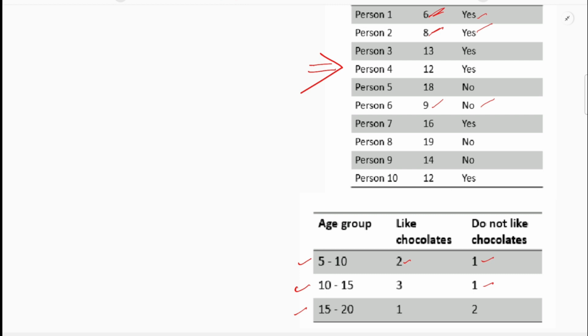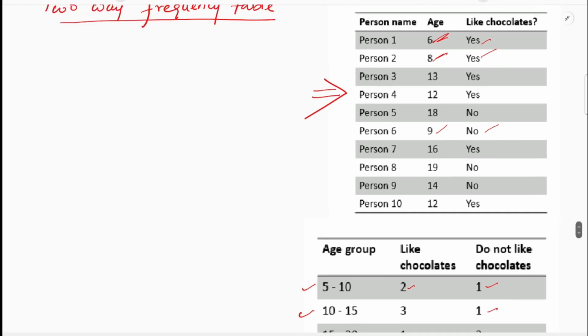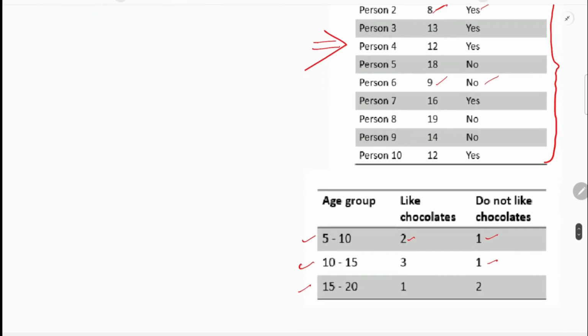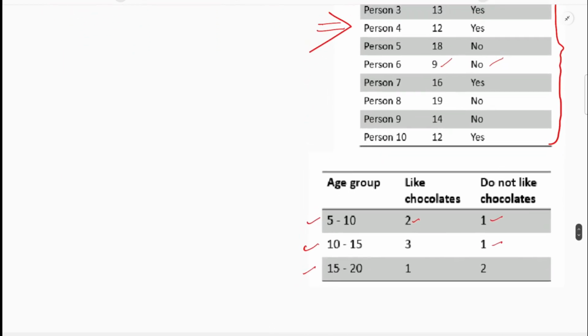Now this type of table is called a frequency table. So this is from the primary data. You are collecting the data with respect to name, age, gender, whatever it may be, and from the primary table you are converting it into groups, categorizing the collected data. So this is called a two-way frequency